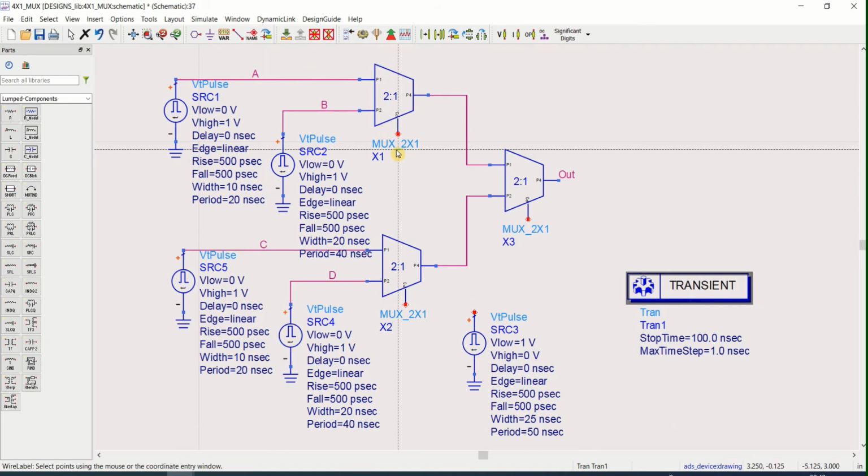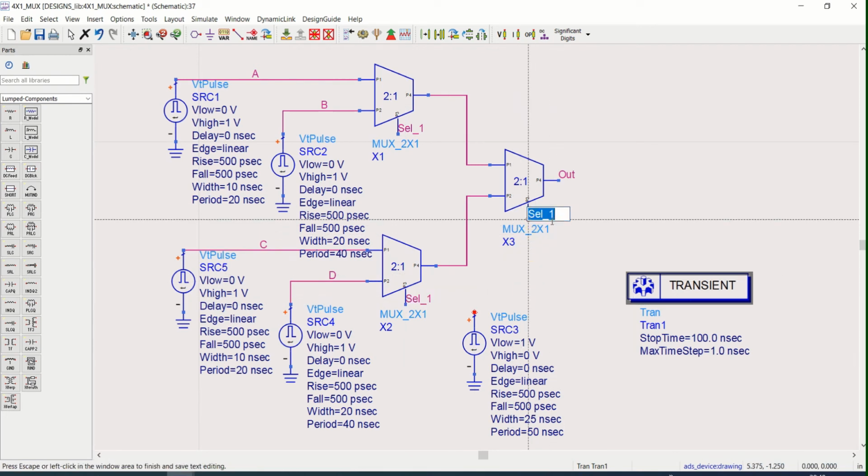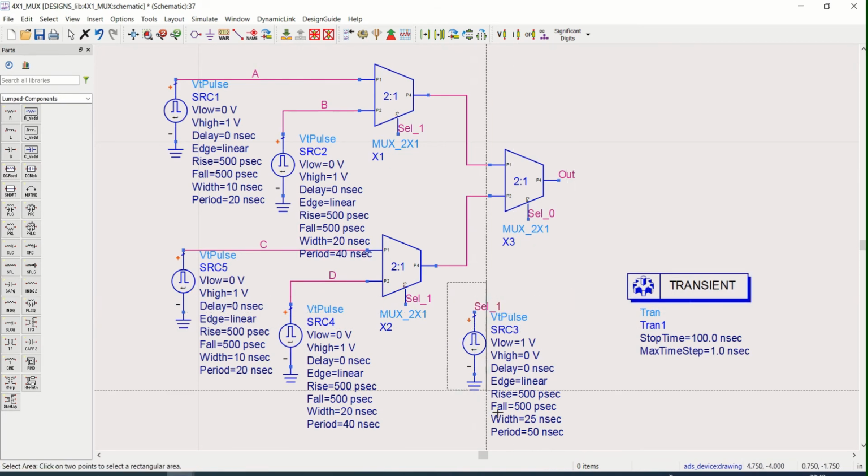Name this to select underscore 1, first selection line, and this one to selection underscore 0. This is selection 1 and you need one more selection line here.